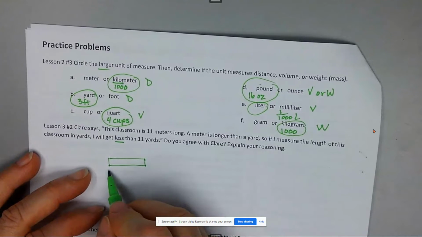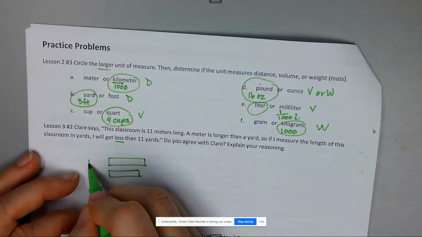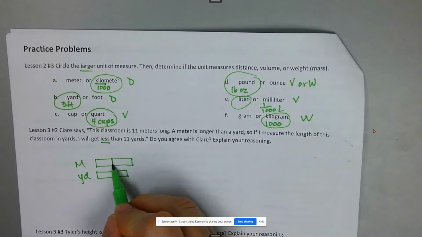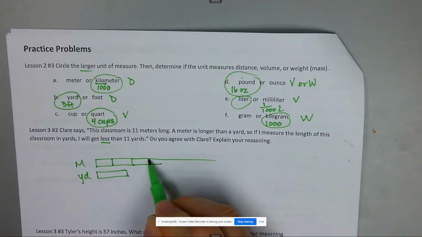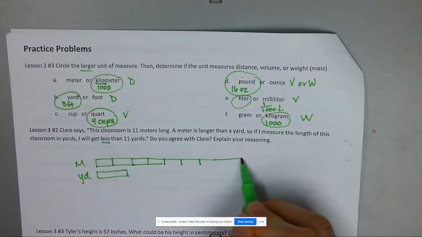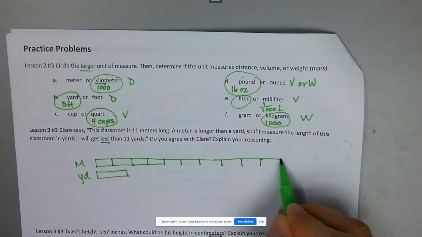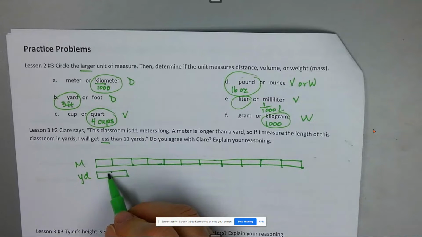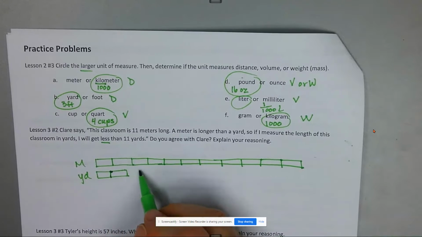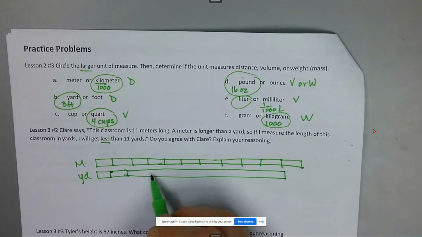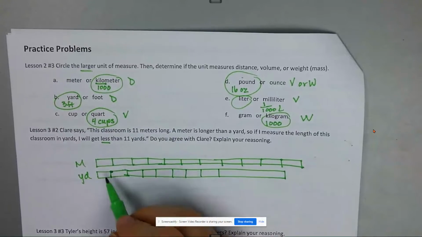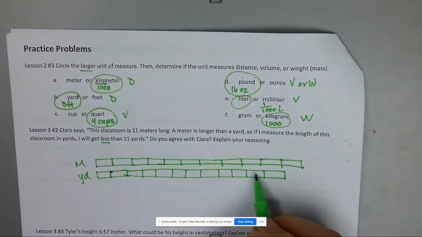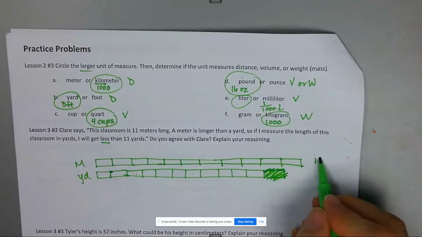meter and this is my yard, right? Meter, yard. If I do 11 meters, which I didn't do a really good size, let's make these smaller. 1, 2, 3, 4, 5, 6, 7, 8, 9, 10, 11. Let's say that's my 11, right? I'm just going to say these are my 11. 1, 2, 3, 4, 5, 6, 7, 8, 9, 10, 11. Okay, 11 meters, 11 yards,